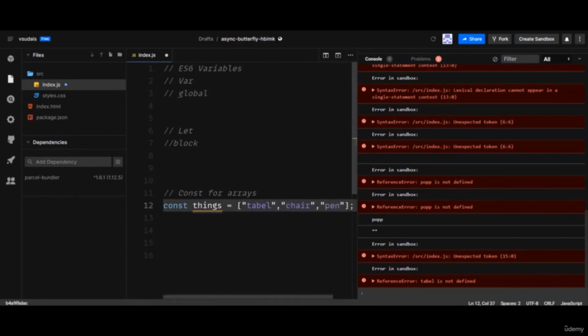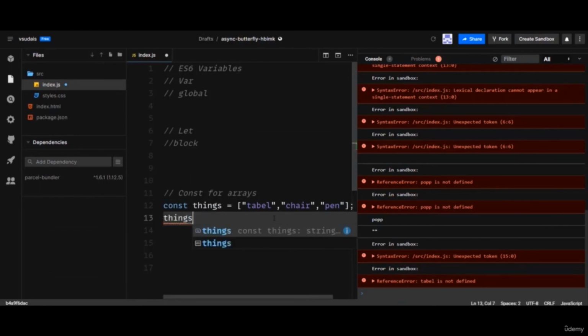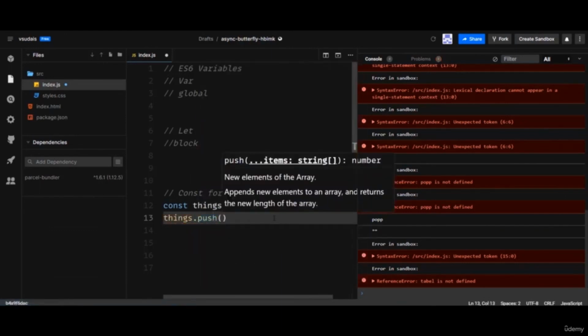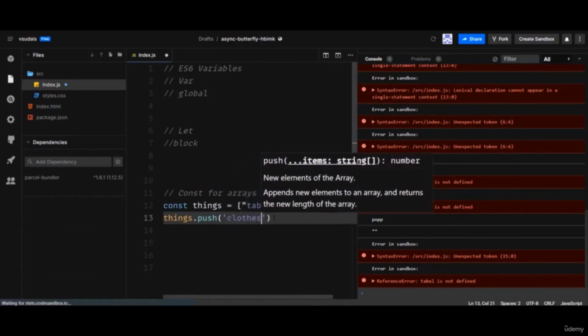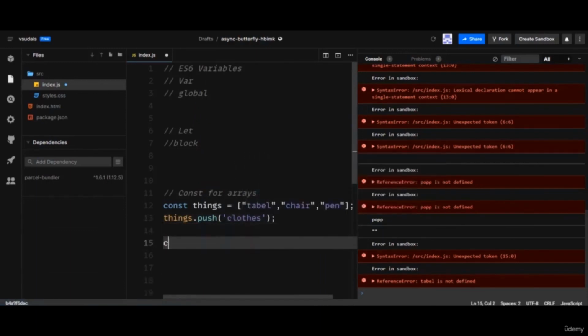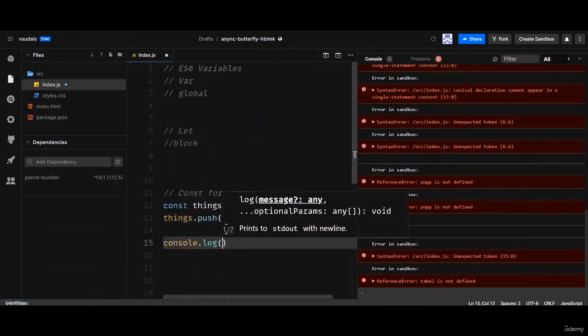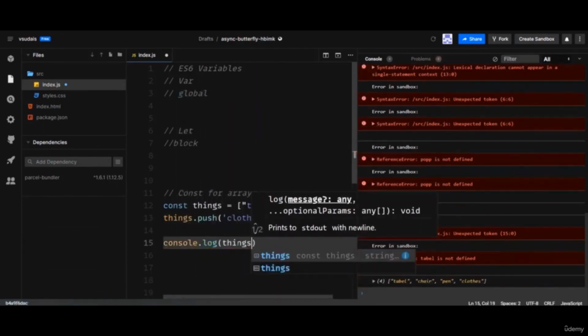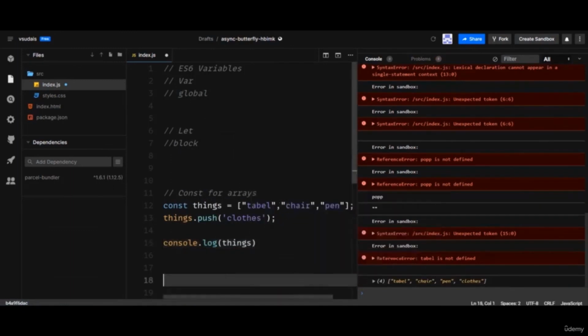All of these things can be modified through the array methods, that are pop, push, or like this. For example, if I want to add something else into these things, I can say things dot push, and let me name it clothes, right? So now if I want to check what is inside the things, you can see we have clothes as well. So using const, we can modify the arrays through array methods,